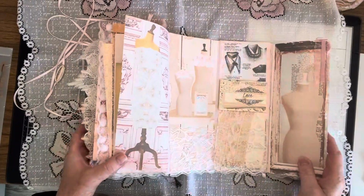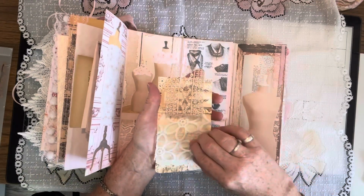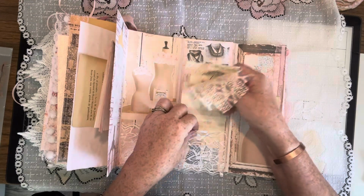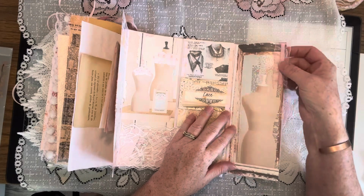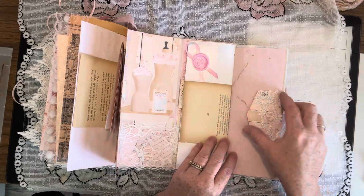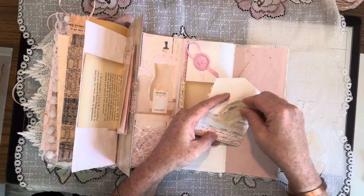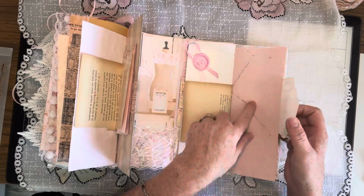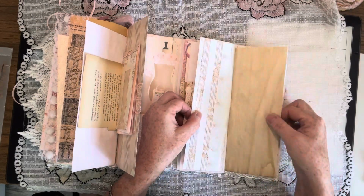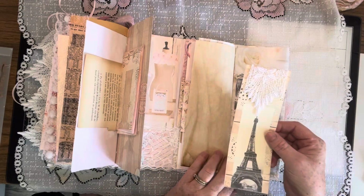So here we're going into the third signature. We have a lace pocket here for you to add something. And we have a lace swatch, which you can cut off pieces of the lace and do some collage in the journal as you journal. Here we have a wax seal with some ribbon, another French page, another envelope, and we have some word labels in here. Avocado dyed paper, another lace applique on there, coffee dyed, the school writing paper, another pocket with a tag,